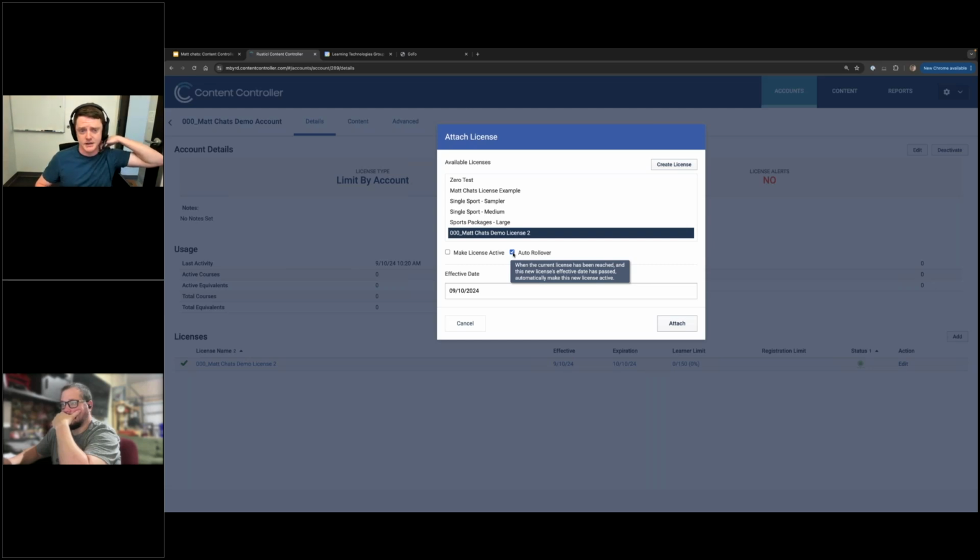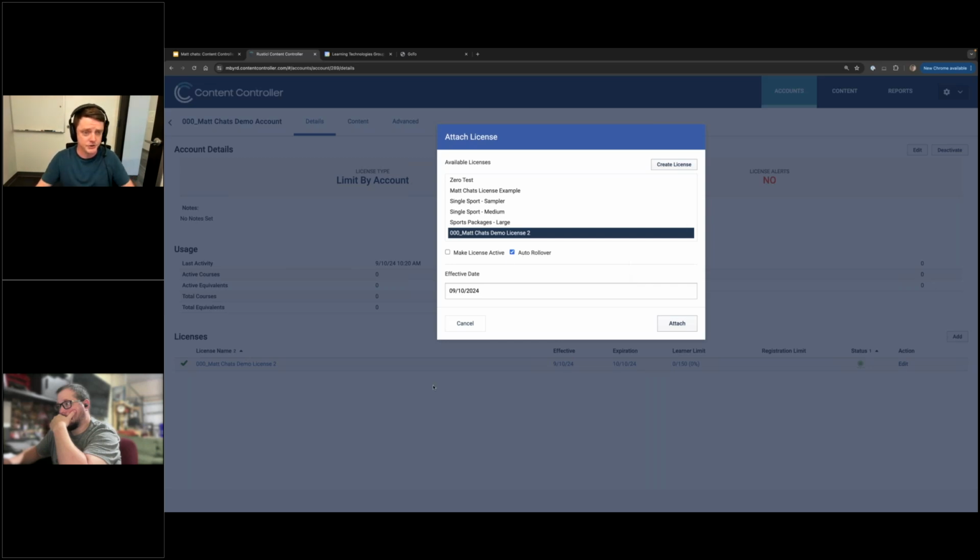The first one is that the effective date of the license that you're rolling into, I'll call it the target license, has to have been met or passed. So that's the first one. The second one is a learner has to launch a course against the expired license for the rollover to trigger. And then the third one, I kind of got my order of operations a little out of whack, is the license that's in place needs to have been exceeded. And so with those 3 conditions met, and auto rollover selected for the license that you have in place behind the first one,